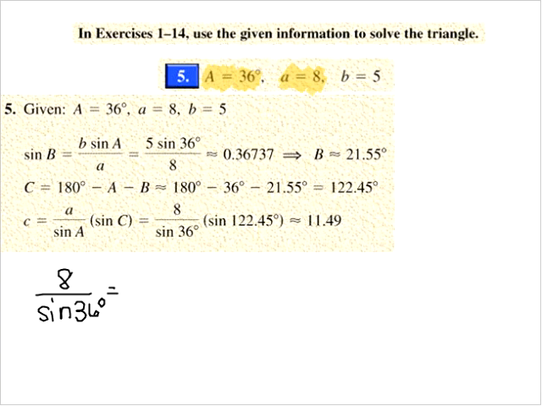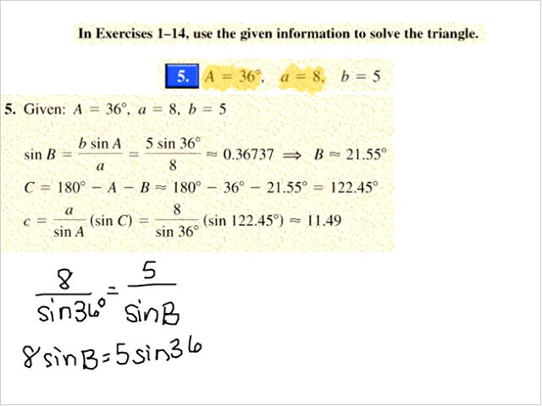Now, the side B we know is 5, but we don't know angle B. So I have to put sine B here. So I'm going to cross multiply and then solve. So 8 times sine B equals 5 times sine of 36. And then divide each side by 8. Okay, this is going to give you a decimal answer. And let's see exactly what it gives me here. So 5 sine of 36 divided by 8 gives me about